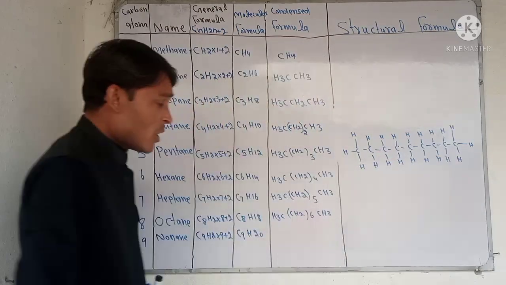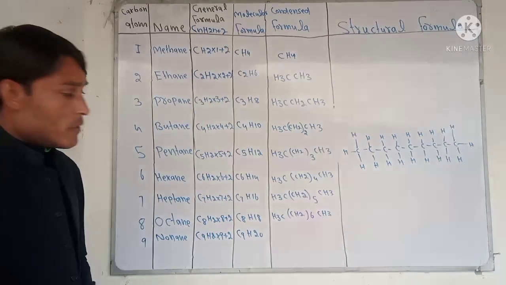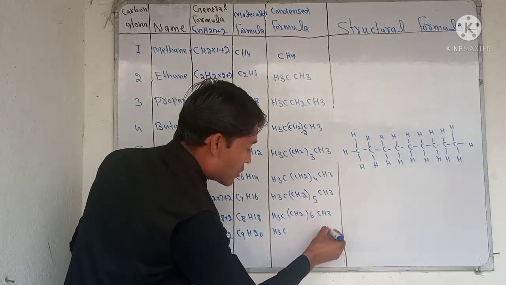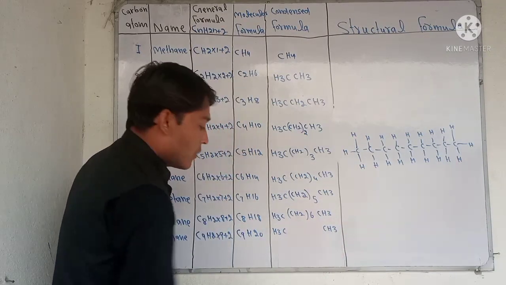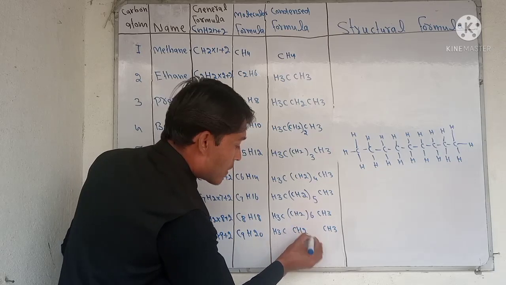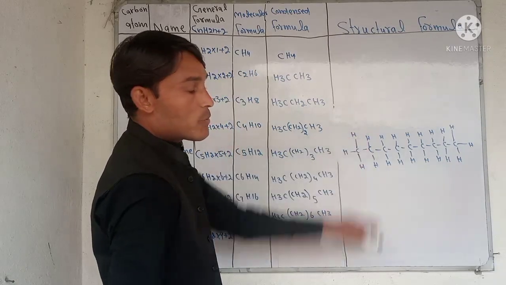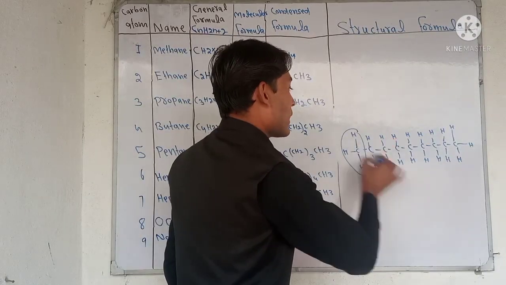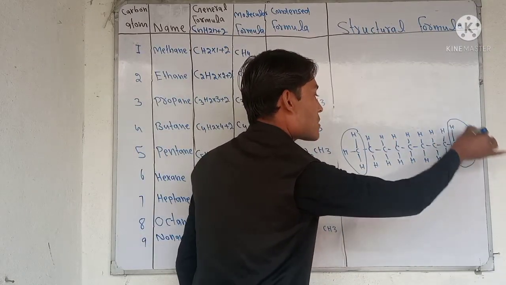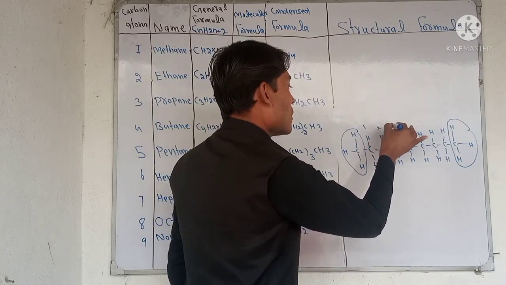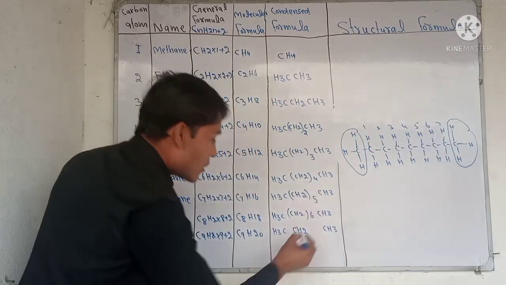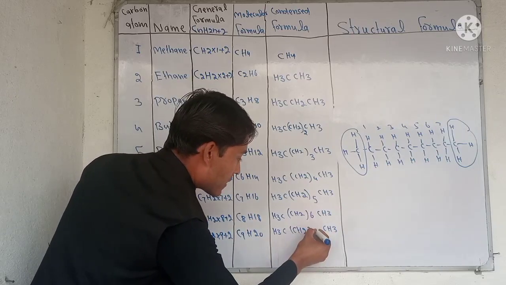So now how can we draw the condensed formula? First of all we have to write H3, very simple, and then carbon, and then CH3 here, and also we need to draw CH2. Why? Because on the carbon attached to the center, 2 hydrogens are there, and then numbering. Beside this we can number it like here, so we say 1 2 3 4 5 6 7. So how many do we have to write here? We have to write a bracket and write 7.